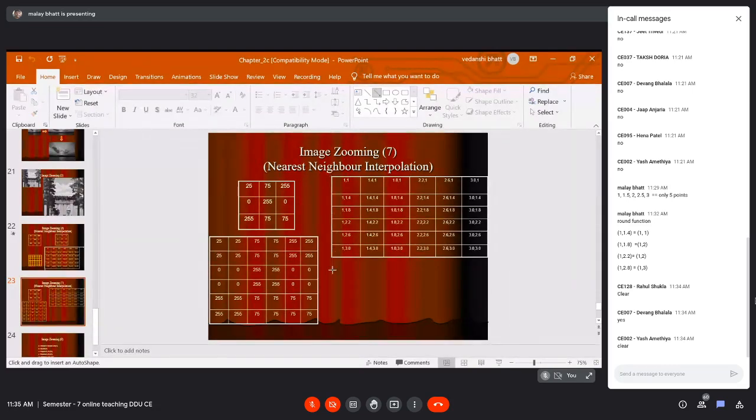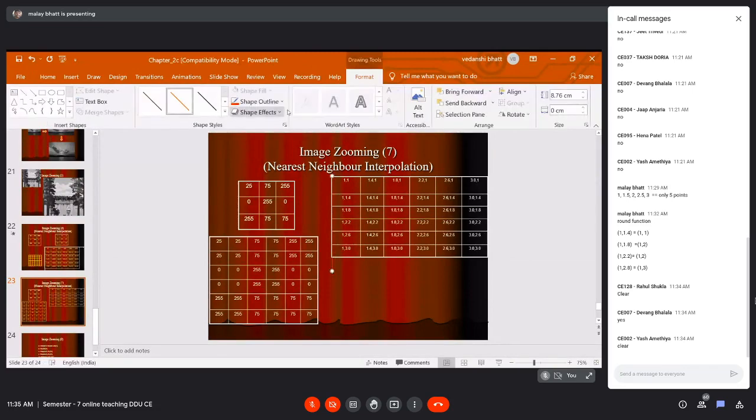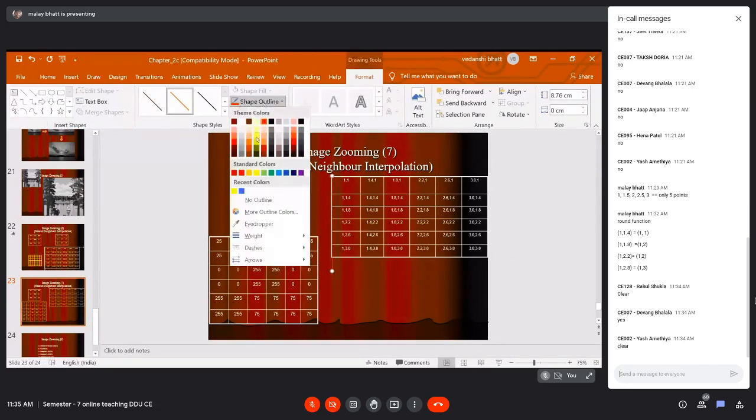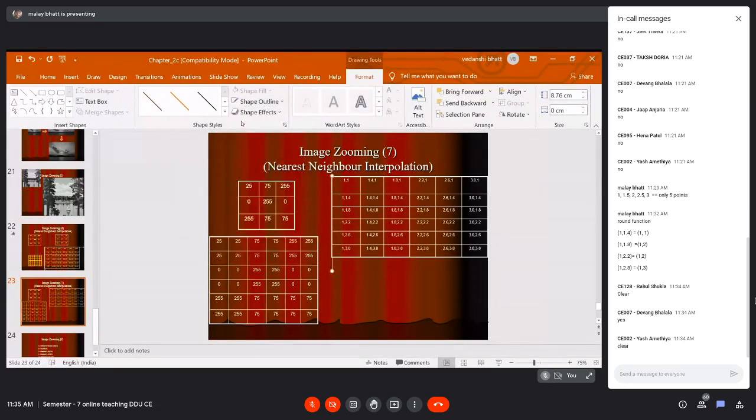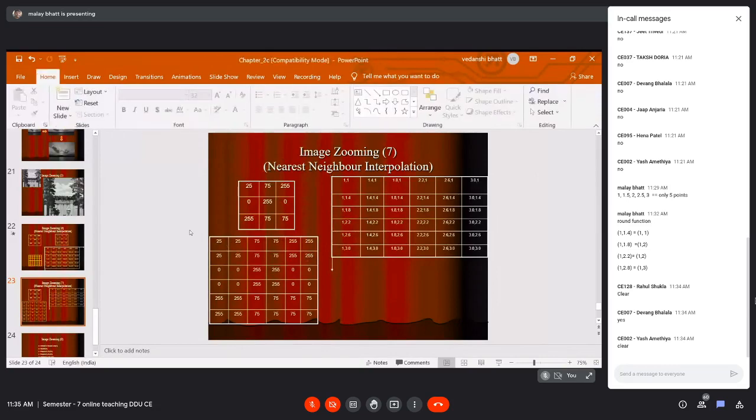Again, this image is in the fourth quadrant, so don't get confused. It is like this. This is your y-axis. Through this nearest neighbor interpolation method, you will get all the values of the points.